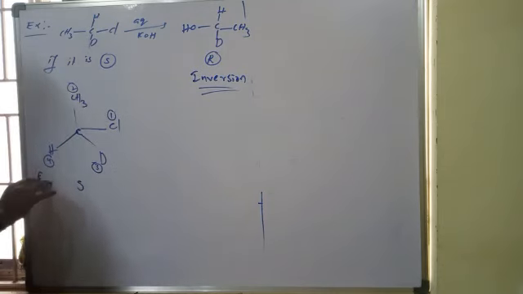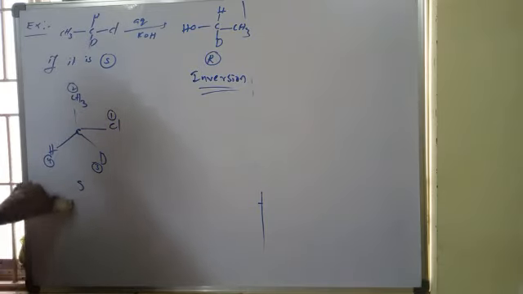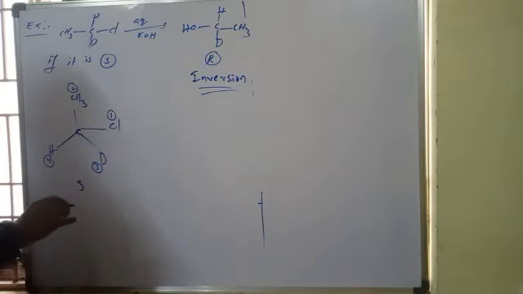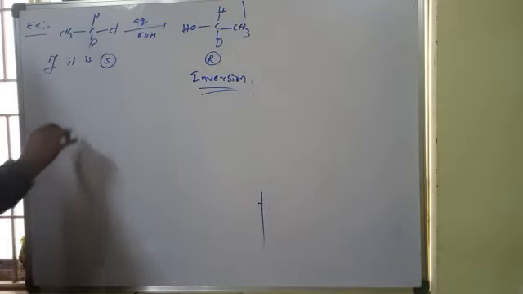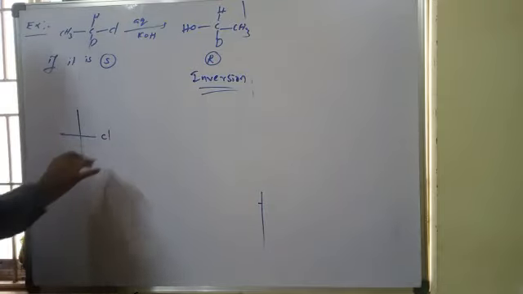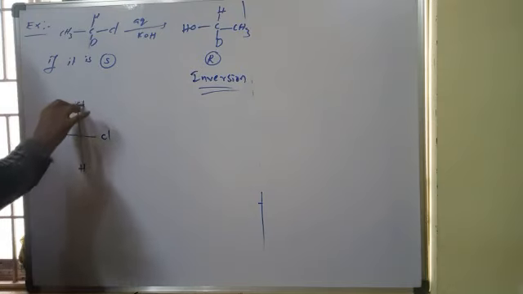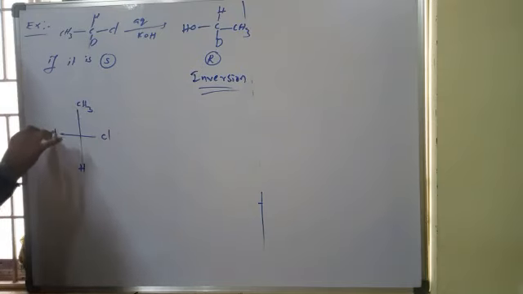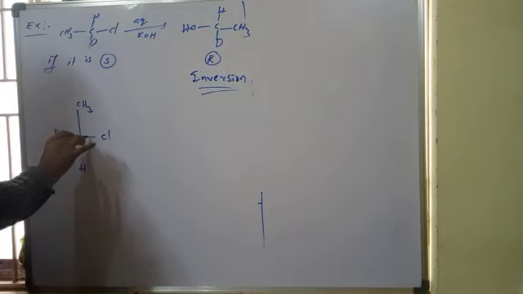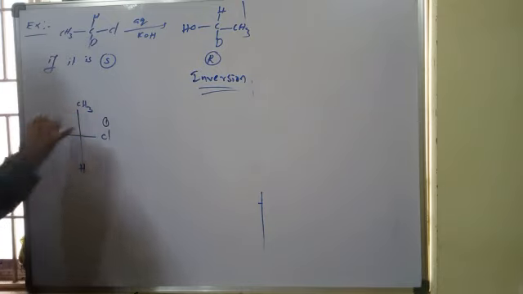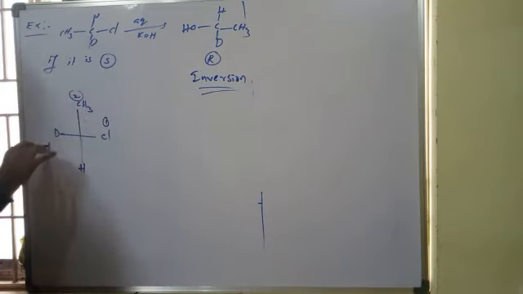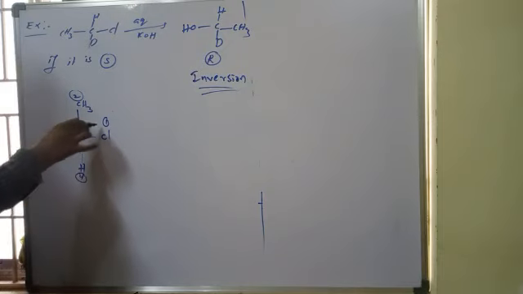Consider it is S. We will take it like this. Here is chlorine, here hydrogen, here methyl, and here deuterium. Right, so here the configuration is 1, 2, 3 and 4, right? So 1, 2, 3 is S configuration.